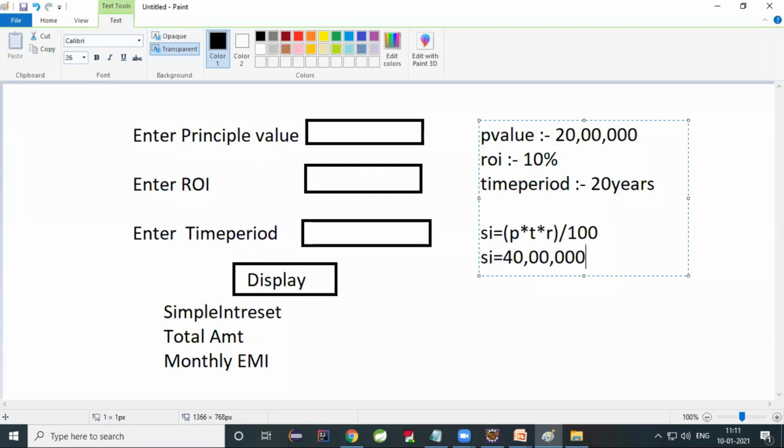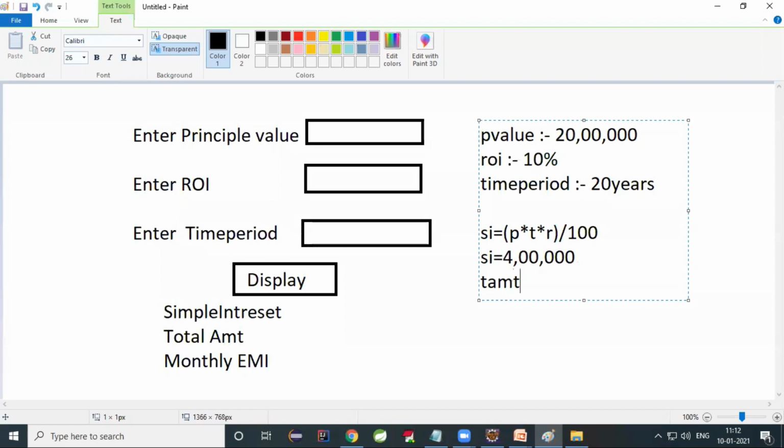Check all of you. 20 into 10 by 100 into 20 years. How much is this one? 4 lakhs, sir. 4 lakhs, not 40 lakhs. Harshit, 4 lakhs.